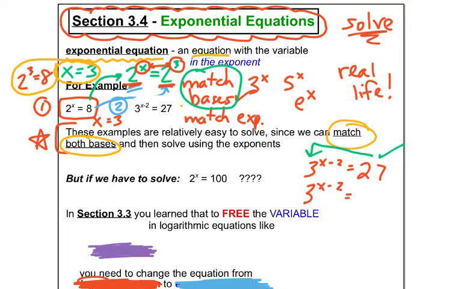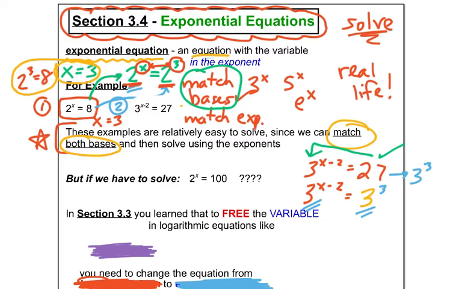But I'm going to try to rewrite the 27 in terms of 3's so that these guys match. Okay, can you think about 27? What is 27 in terms of 3's? 3 to the 1, 3 to the 2 is 9, 3 to the 3 is 27. Okay, there we go. So 3 to the third. There we go. So on these very simple exponential equations, folks, if we can just match the bases, then look